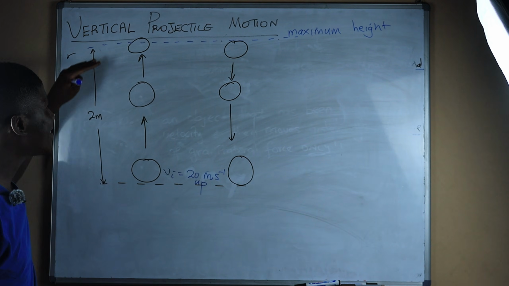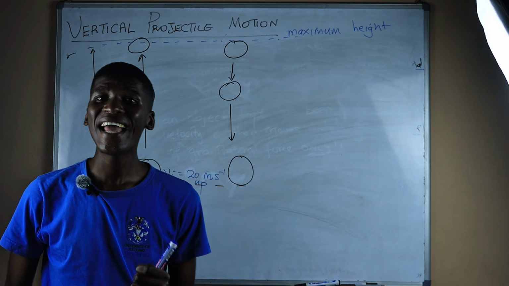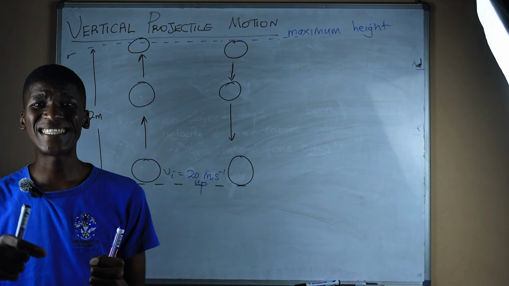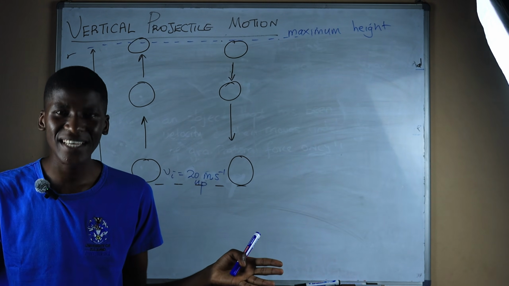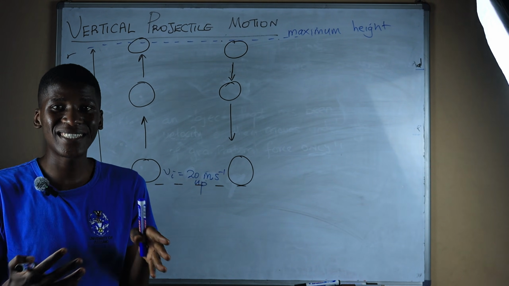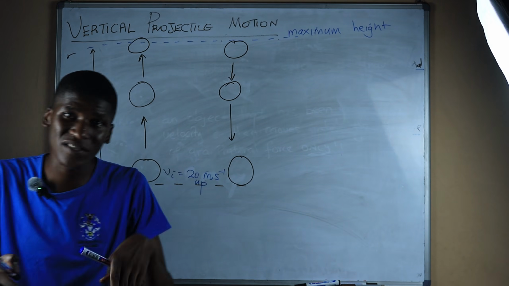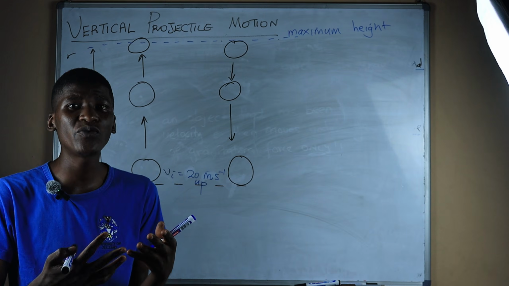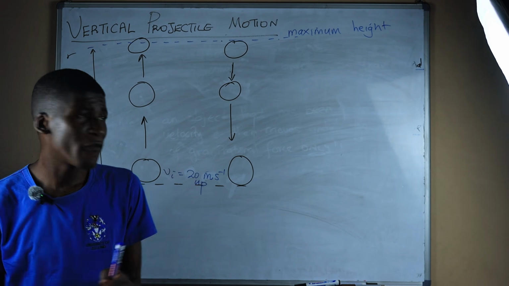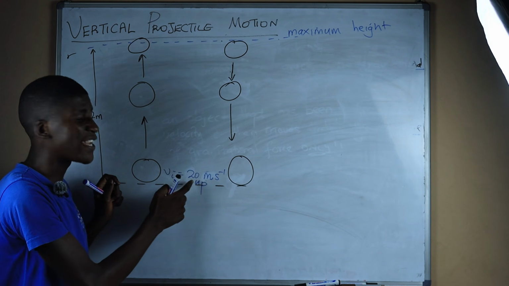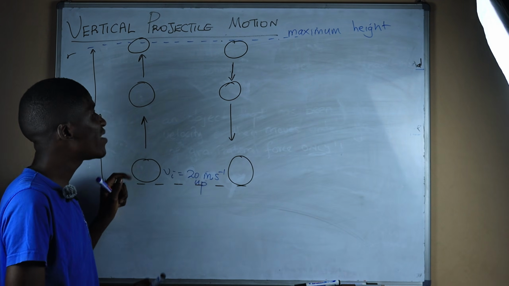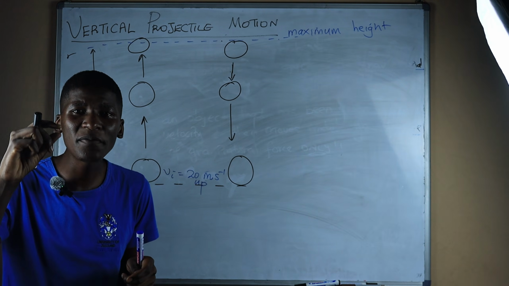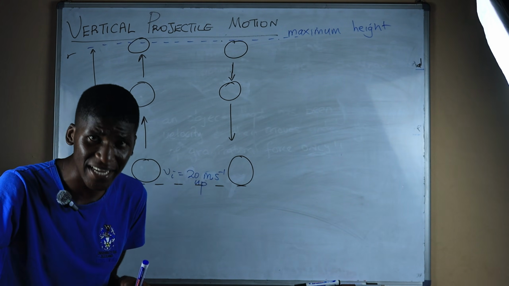So now, what's happening here at the maximum height? At the maximum height, the velocity of the ball is 0 meters per second. Why do I even say that? Remember guys, when we say that something has got velocity or speed, it simply means that it is moving or continuing to move in a certain direction. For example, this was moving up by 20 meters per second. But when it reaches the maximum height, the ball stops. It stops for a moment and then it will come back to your hand.